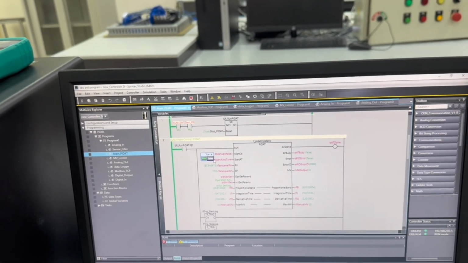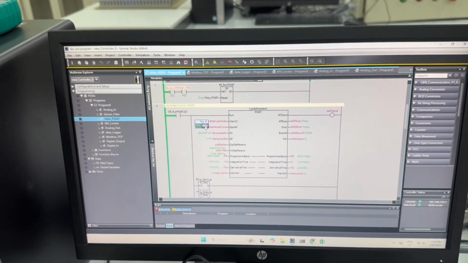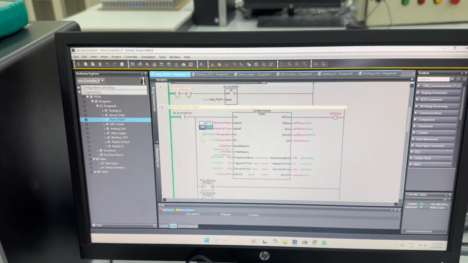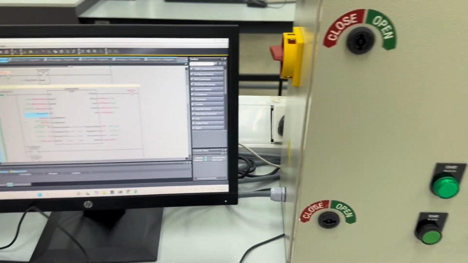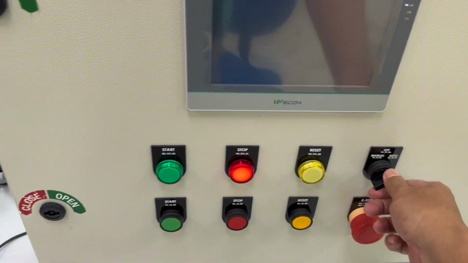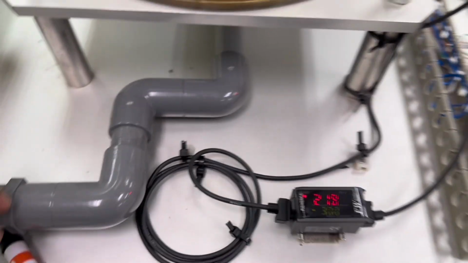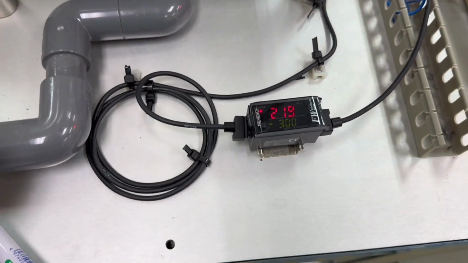So we return back the manual. Then we go to the auto. Before that, we adjust the level to 280.